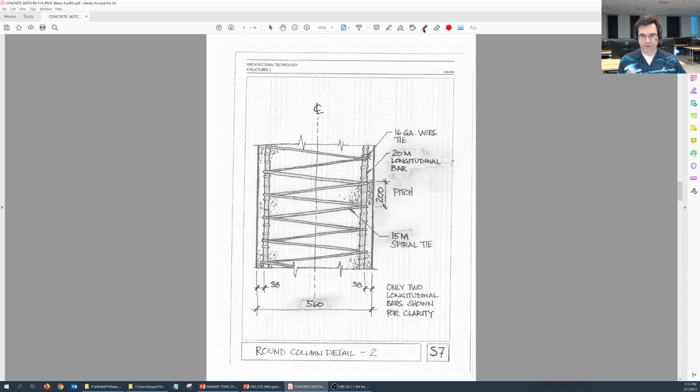So here's a round column detail. This is cutting through it, S7. So this one basically stays unchanged. You're going to show the longitudinal rebar right here. This is the 20M longitudinal rebar. You're going to show the 16 gauge wire ties that fasten the 15M spiral ties to the 20M